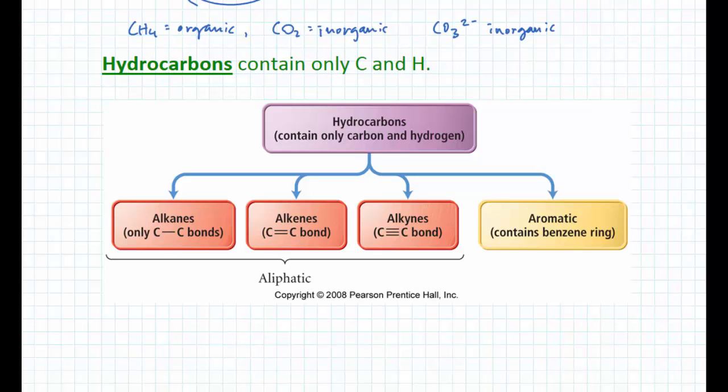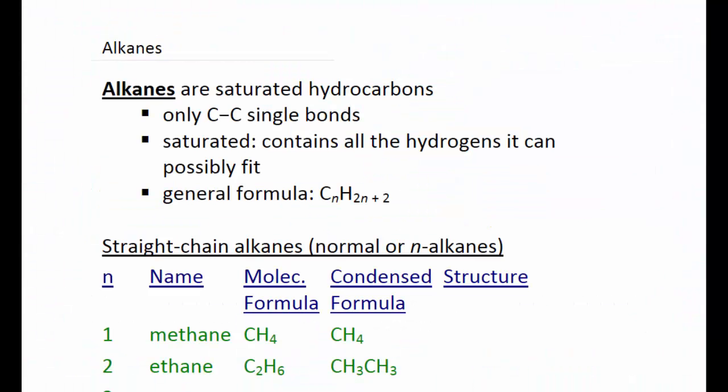So we're going to categorize a little bit just to be able to understand these things. Alkanes, alkenes, and alkynes have to do with types of bonds. So for all of them, it's going to be mostly single bonds, but the addition of a double bond makes an alkene, a triple bond makes an alkyne. Okay? And then there's an entirely different class, aromatic, that includes benzene rings, and we'll talk exactly about what those are. But let's start with